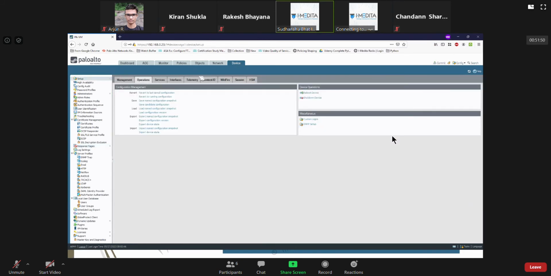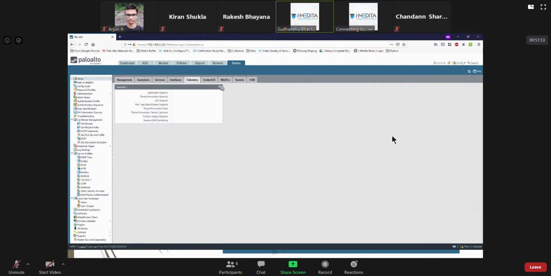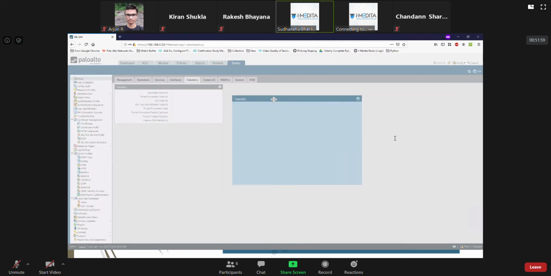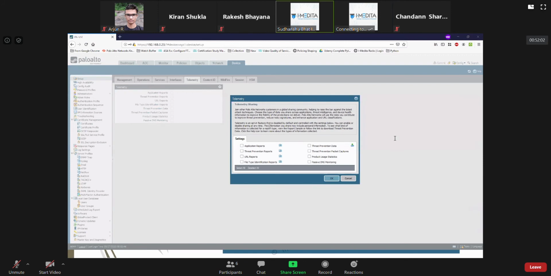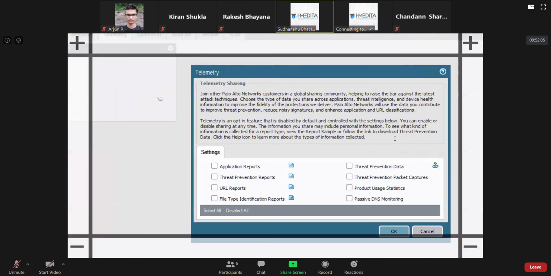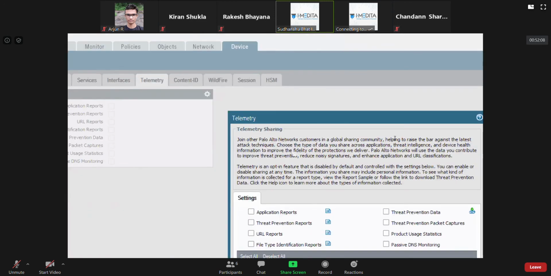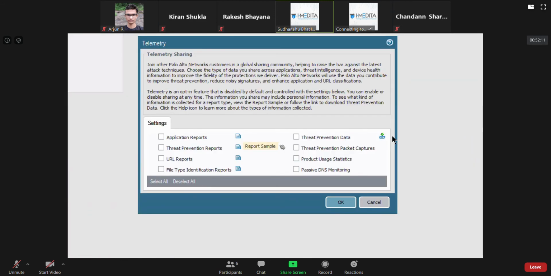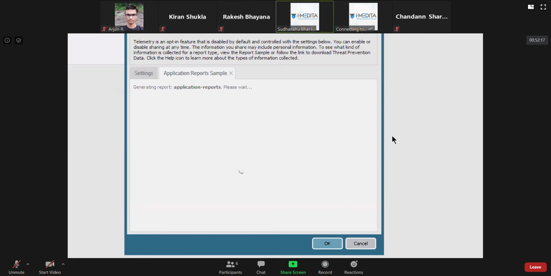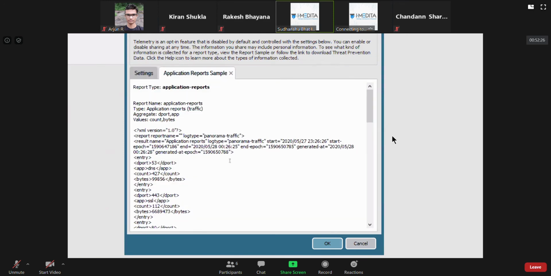So if I go to device setup, telemetry, and if I click on this gear icon, you can check the checkboxes and decide what things you want to be allowed to share. If you click on this report sample, it generates a sample report, showing that this kind of data will be shared: destination code, destination, how many bytes.